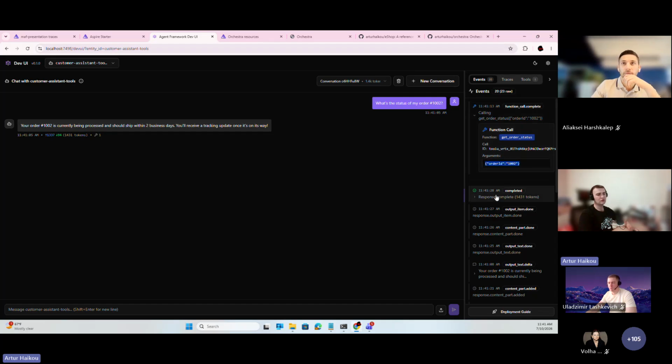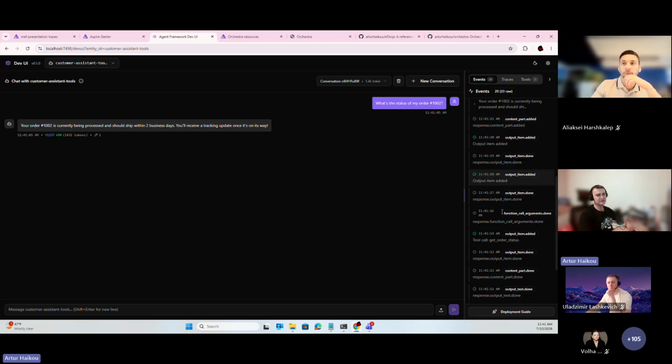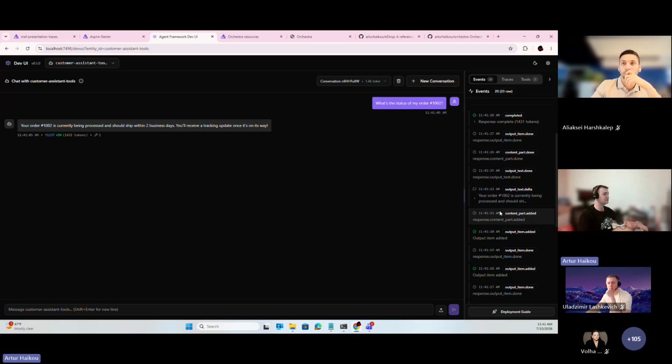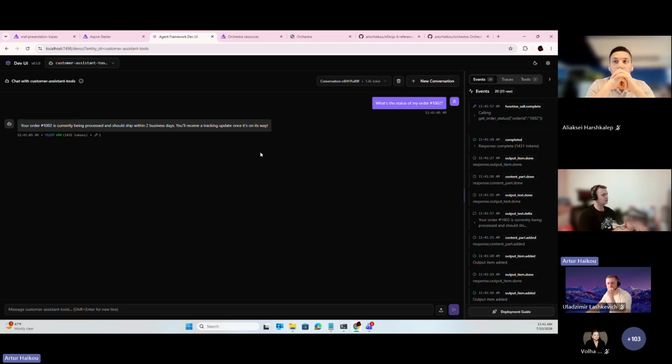We also are able to see some additional events, like what was received, etc., etc. It's useful, for instance, for local investigation and local debugging of your agent. But of course, it's more useful for workflows, where you're able to see how your workflow flows, what agent was called under one condition, etc. But for an agent, you're able to use it as well. We have traces, we have tools, etc. Just for investigation.